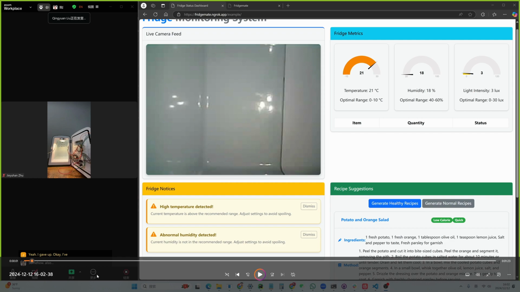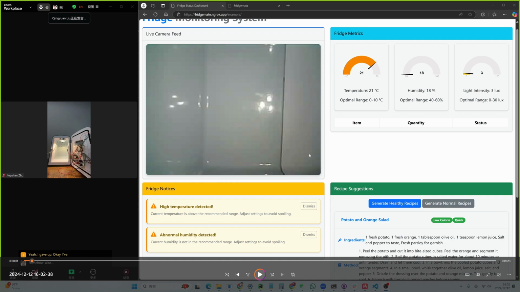post request. Okay, with the connection of the hardware in the fridge, we realize our real-time monitoring system, and we deploy our system on the public server with a public IP address. And our function can be divided into four parts. First part is the live camera feed part. It will show the real-time condition in the fridge. And the second part is the fridge metrics part. It will show the environmental information and the food item quantity states, which is distinguished by the same model deployed